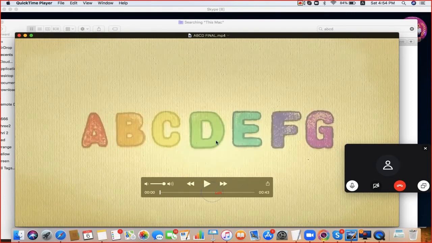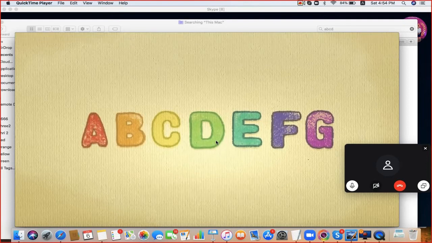That's the German ABCD. Now let's compare it with the English ABCD. In English we have ABCDEFG, but in German we have something different.